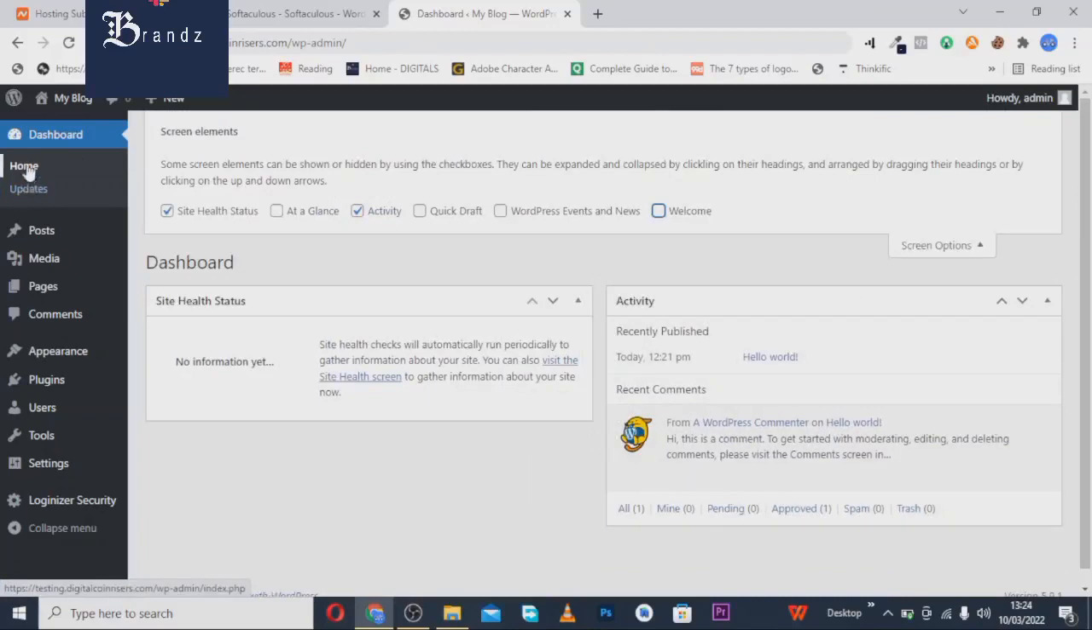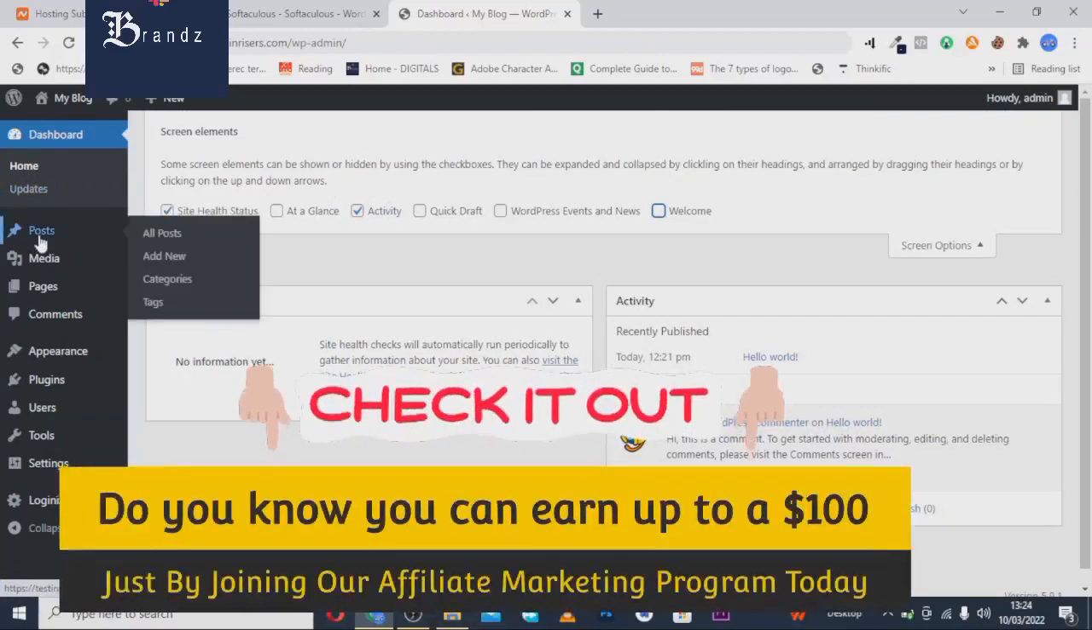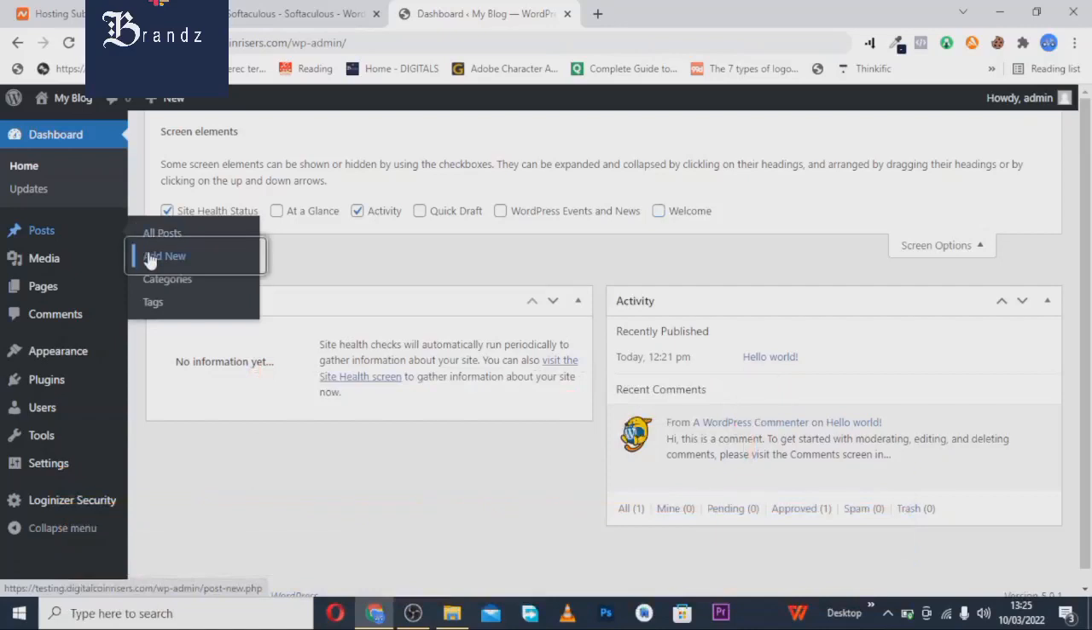Now the next thing is we're going to look at the post. Now if you're creating a blog, anytime you want to write a post so people can actually see it, you just click on add new and you create your post. All right, so that's majorly for blogs. The post is just majorly for blog, like I said. Now the next thing we're going to be looking at is